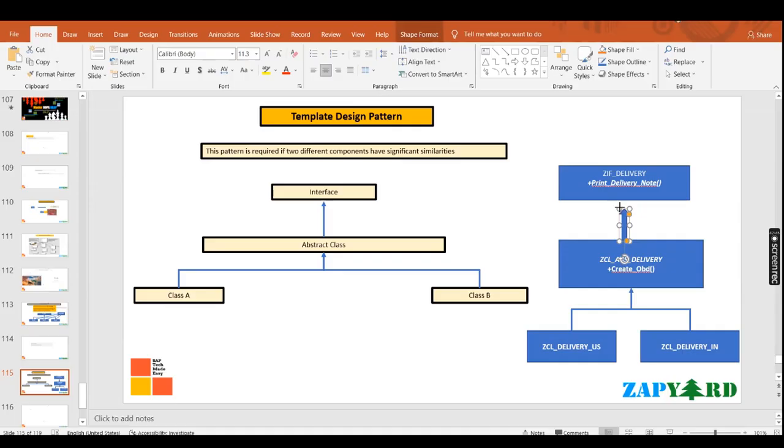So here, one real time example. Let's suppose we're creating a delivery application, okay? So you will be creating a ZIF delivery, and in ZIF delivery you are creating one method called print delivery note, right? Why am I creating this method print delivery note? Because in different countries there will be a different way of printing, or their note will be different, right? Their way of getting the delivery note, their format, their